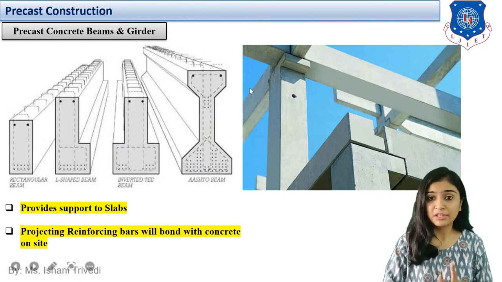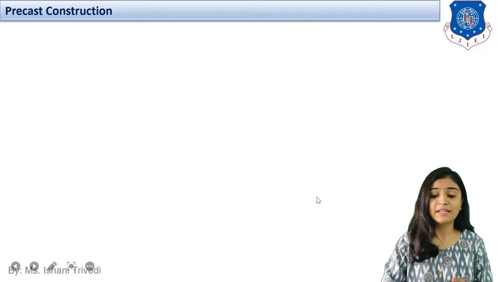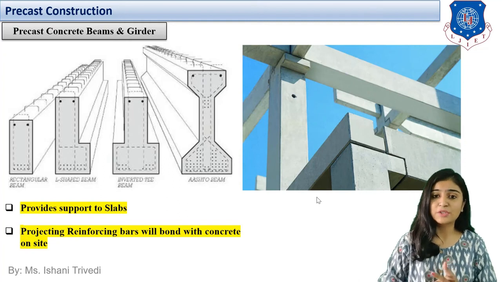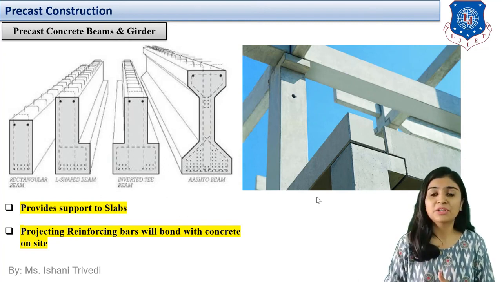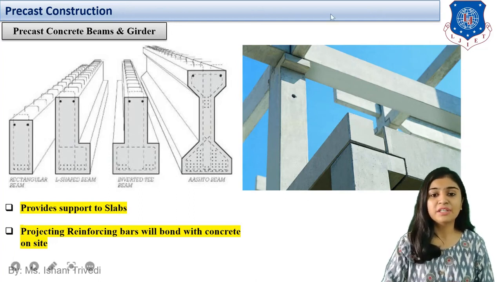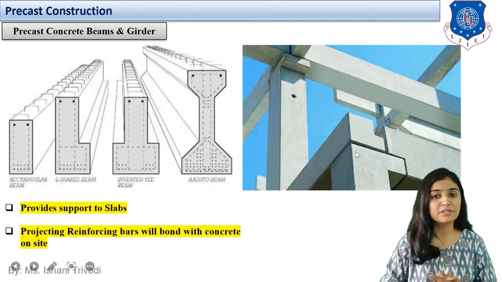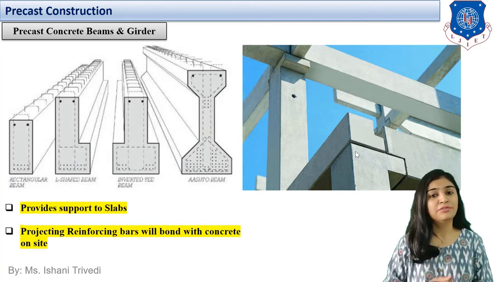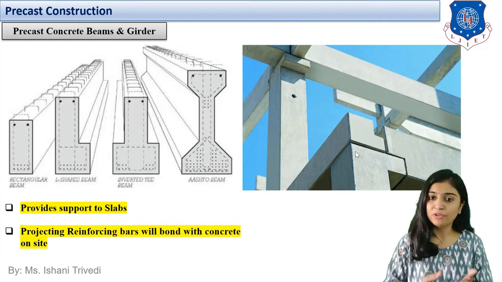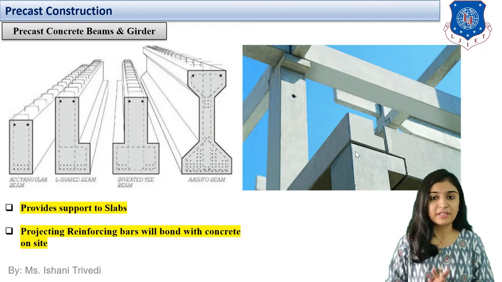This is an example of a girder. You also know about RSJ, right? RSJ is rolled steel joist. You know that those are examples of H-beams made of steel. Similarly, over here we have precast concrete girders which are known as AASHTO beams. You can see over here how the construction is done with the help of a simple rectangular beam. Here an L beam is provided. This is an inverted L beam, right? So based on the symmetry, the shape and the requirement, different types of precast concrete beams can be cast. Apart from this, we also have more different shapes existing. For now, we are studying four of them.